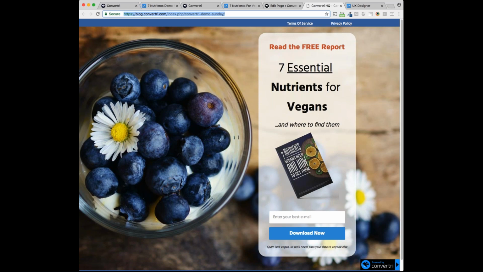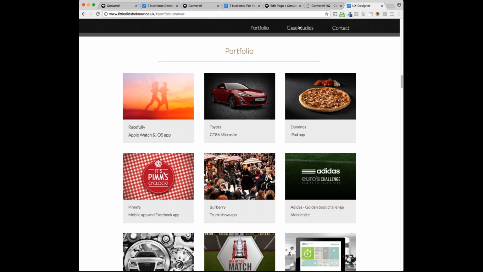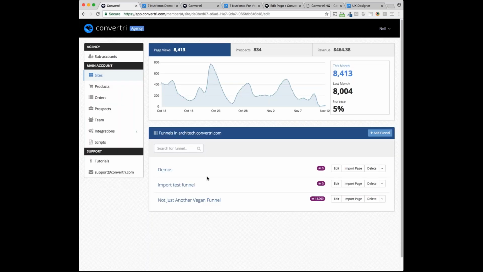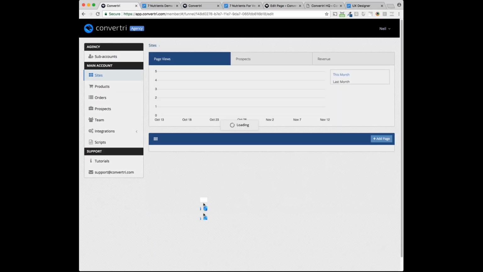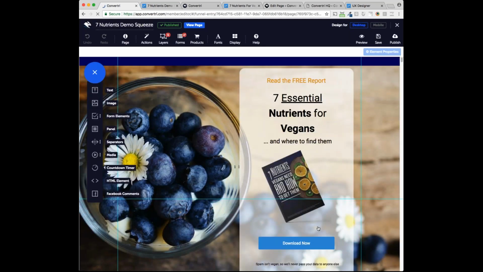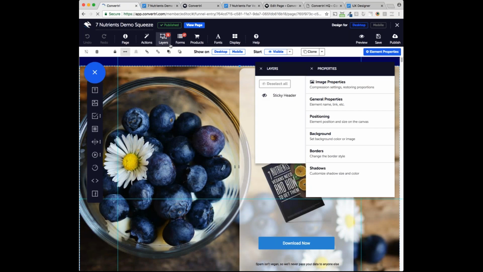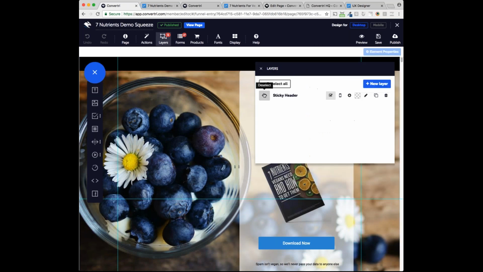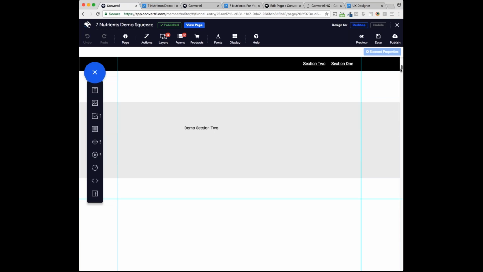Hey, Dan, yeah, sure, no problem. So Dan's asking basically how to do these bits where it scrolls. So excuse me a second, I'll just open the editor back up. So we have our layer for these ones. So we've got our sections further down the page. So you click on